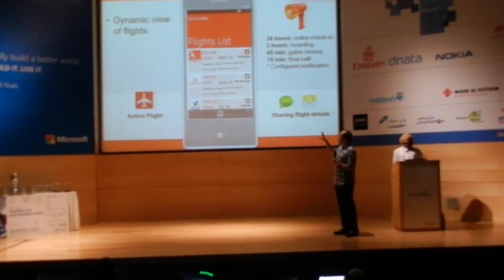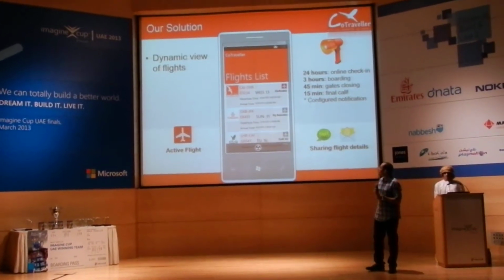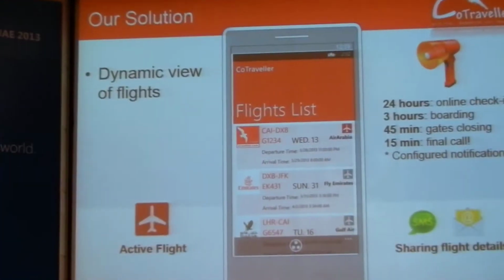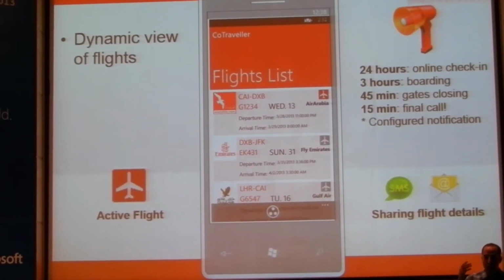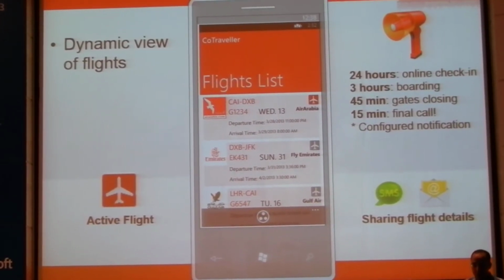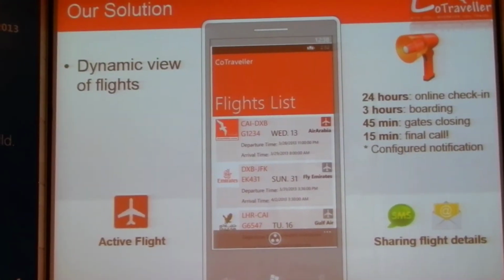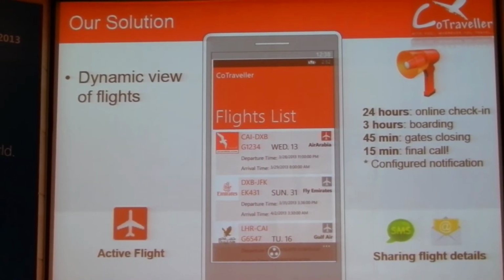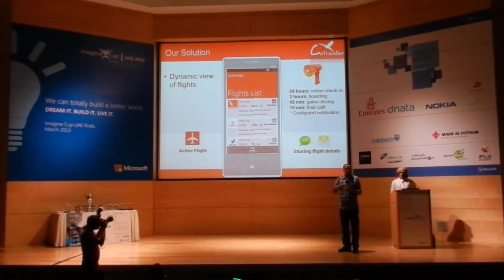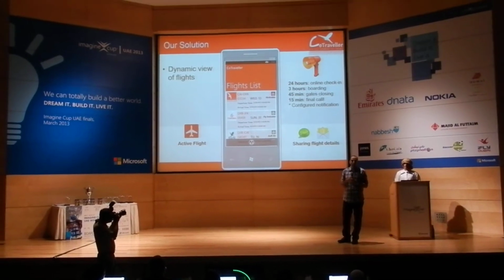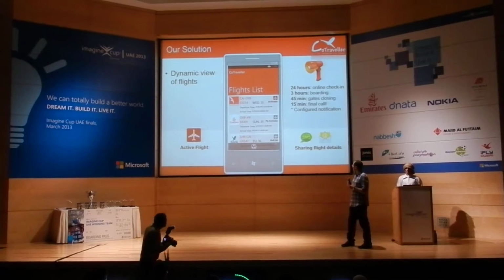Okay, here is what we'll provide. It's a mobile application using the interesting new Windows Phone platform. We'll provide a unified dynamic list of flights. This list is dynamic because it's populated directly from the airline database, and of course, it has all the reservations on this airline. If a user reservation is made, it will update here. So this is what we meant by the unified list. It's at your fingertips on the mobile, considering that smartphones today have higher reachability.